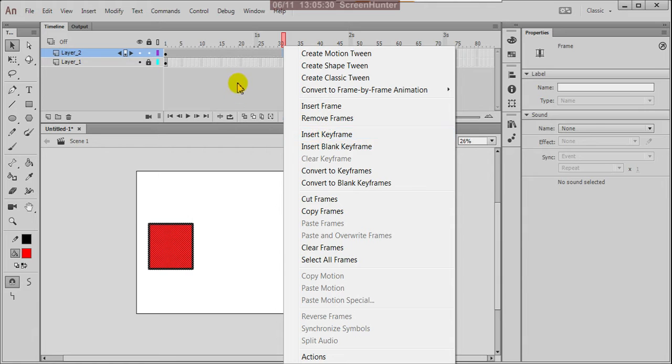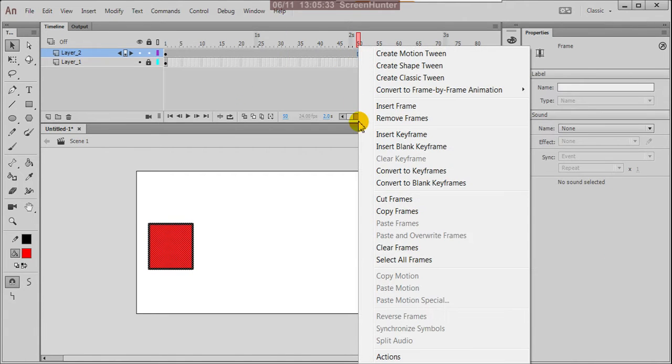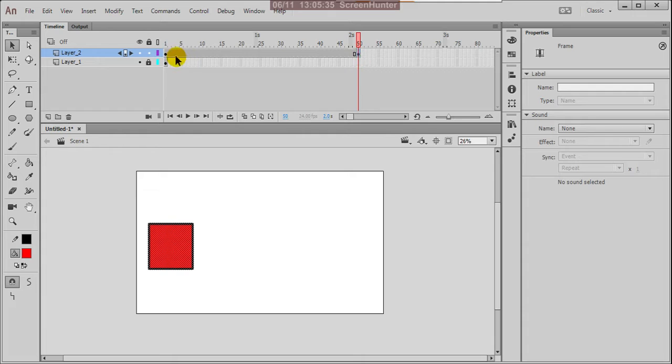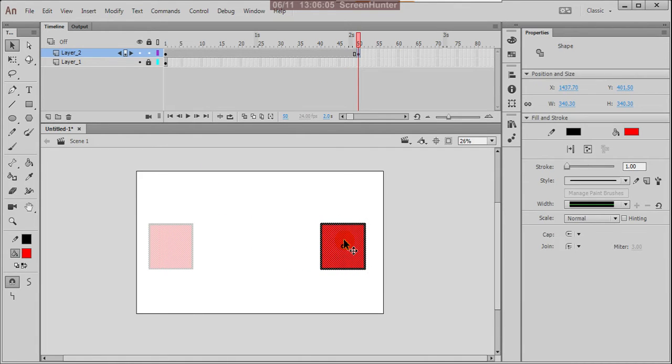First I am inserting a keyframe here, insert keyframe. So these are two keyframes. We have to do the animation between these two keyframes. But when you place these two keyframes in the same place, how can you do the animation? You cannot. That is the reason, after pasting there, at the second keyframe move this box somewhere, here, there, anywhere.